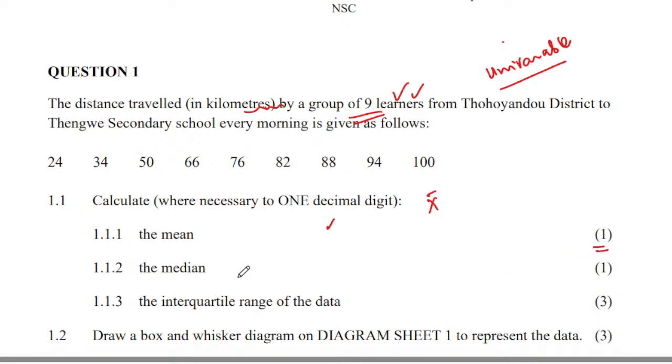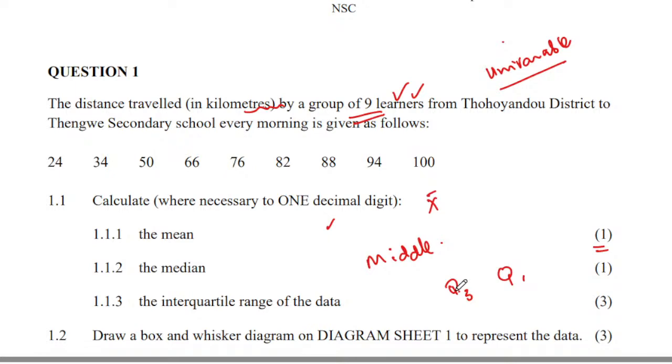Then the median. Remember, the median is the middle number. This middle number can be obtained after the data is arranged in order, which is already done. Since it is 9 learners, the middle number will be the median. If there are 2 numbers in the middle, get the average of those 2 numbers. Then they want the interquartile range, so you need Q3 as well as Q1, and then get the